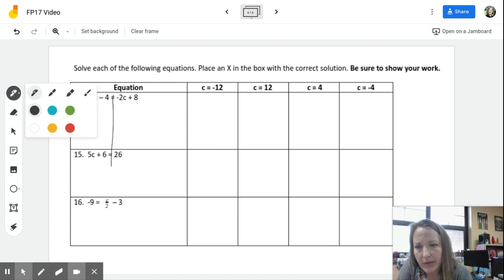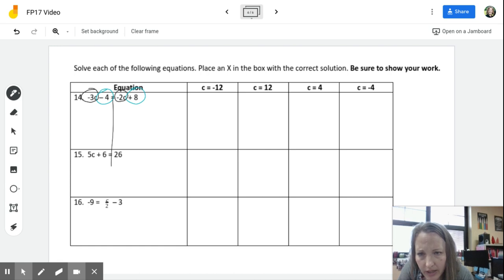Let's see, I think I can combine like terms here, right? So let's look and see what we've got. We have this term and this term, right? And then I have my constants, negative 4 and 8. Okay, so there's so many ways I could do this. I'm just going to move from left to right. I'm going to find the additive inverse of negative 3c, and that's positive 3c. So I'm going to add 3c or put a positive 3c here. So I'm left with negative 4 equals negative 2 plus 3